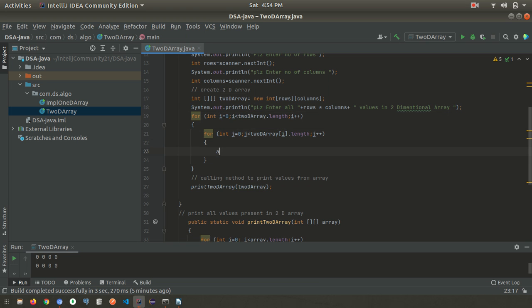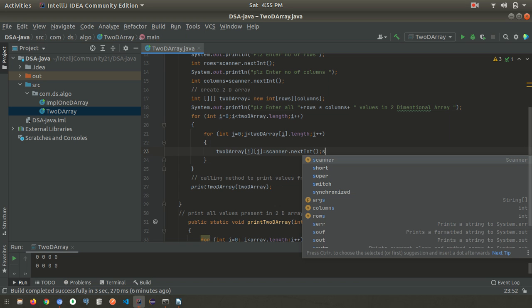Now we store values to the two-dimensional array using index. So the two-dimensional array of 0 0 equal to, then 0 1, then 0 2, till, scanner variable dot next int.